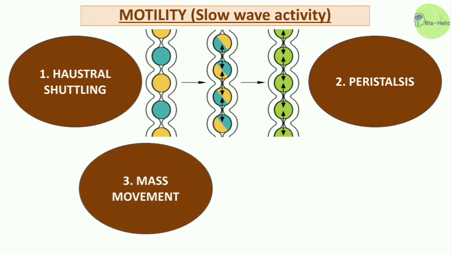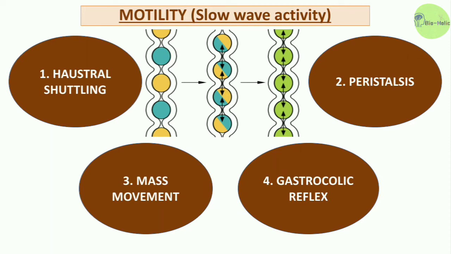Now the third one is the mass movement. These are a special type of peristaltic contraction which is observed in the colon only. This mass movement is characterized by the appearance of a constriction ring at a distended or irritated point in the colon, followed by a simultaneous contraction of the smooth muscle as a unit over large confluent areas distal to the contraction. Now the gastrocolic reflex. This refers to contraction of the colon induced by the entry of food into the stomach.